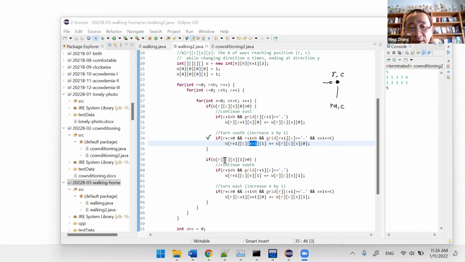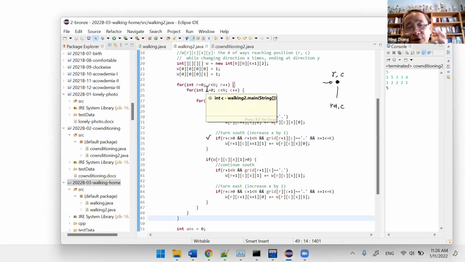If we are at the location RC facing south, then either we can continue south here or we change to east. That means we're going to increase X by 1. So here, one more turn. When we finish all the iterations for all the positions RC, all the number of turns X, and also facing east or facing south,